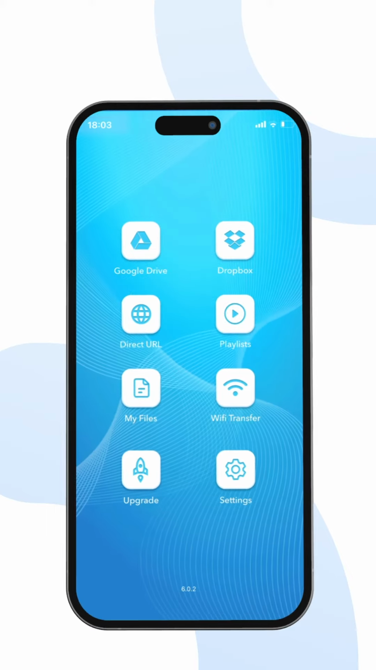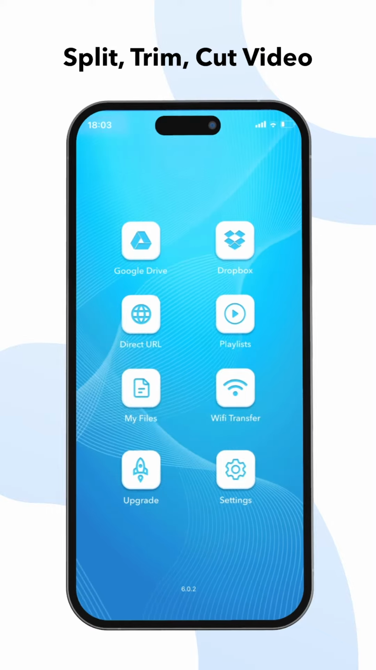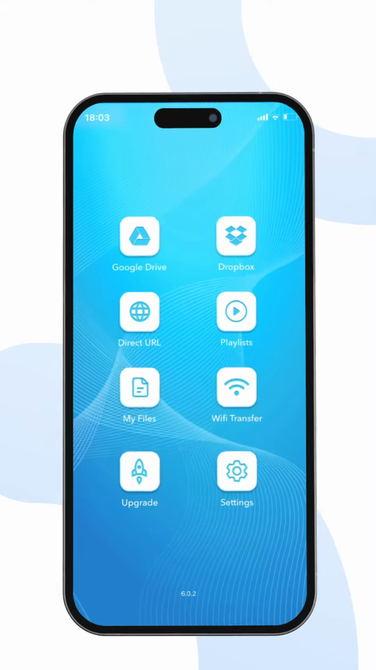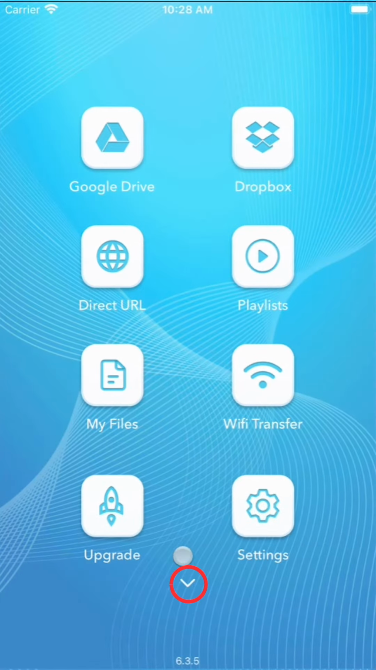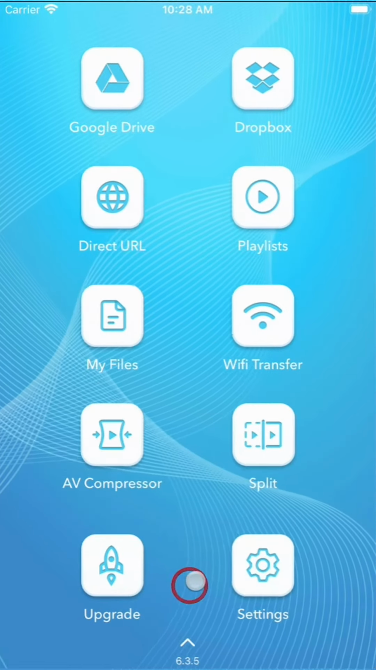In this video, we will learn how to split a video into multiple parts using the Video Split tool. To get started, open Video Split from the home screen. If you don't see it, press the down arrow at the bottom of the screen to expand the Video Tools